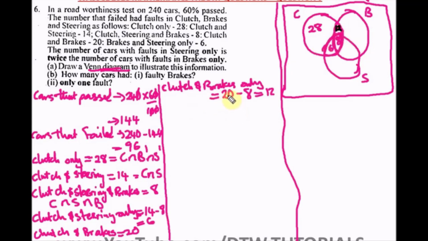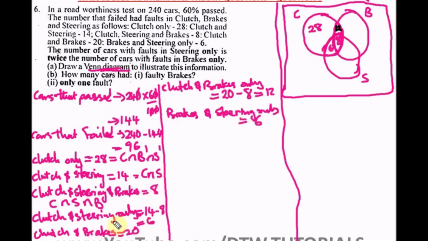All right, so the next thing it says again in our question, we'll go back to our question. We've just done clutch and brakes. Now it says brakes and steering only. So this is quite easy. It has already given us the answer for this, which is brakes and steering only, which is this part of our diagram. So we're just still going to write it: brakes and steering only is equal to